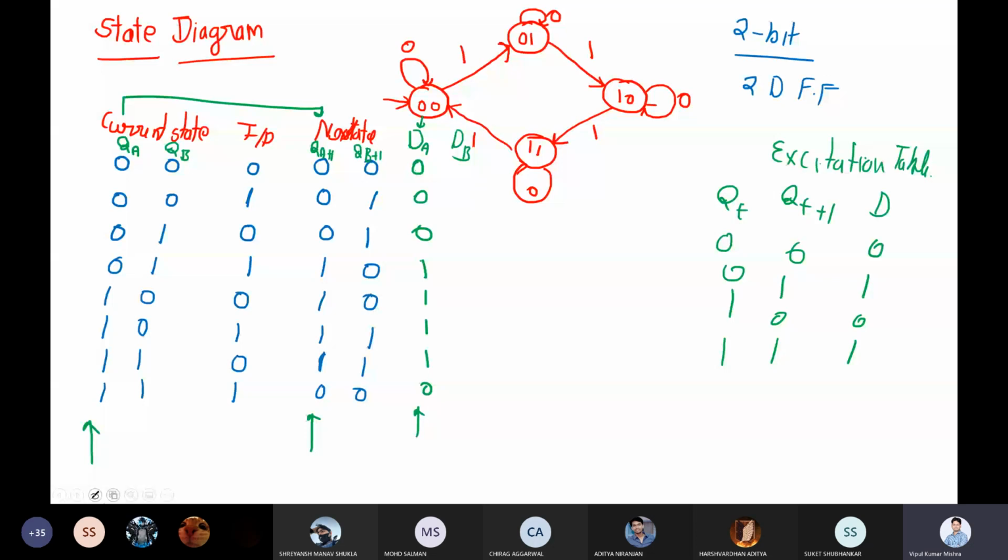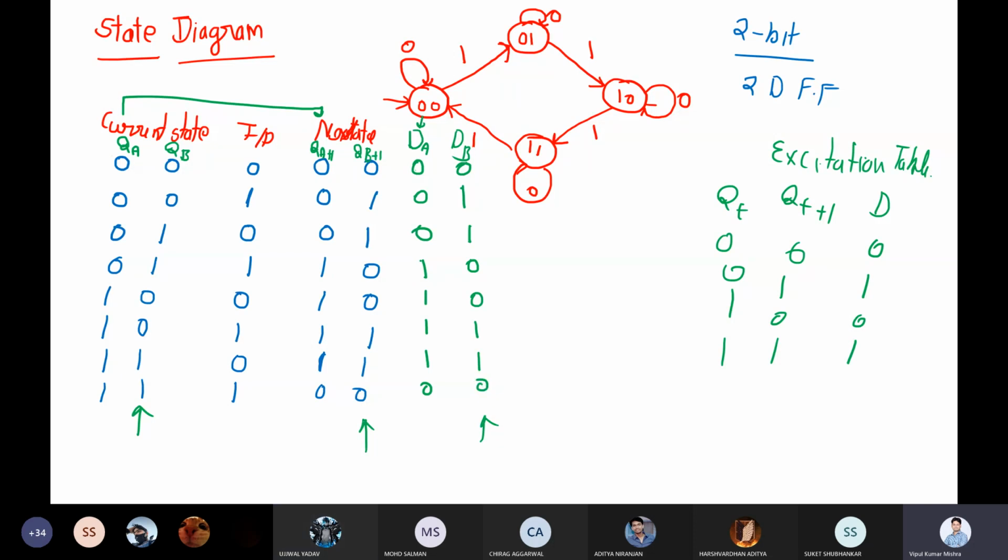Now you have to look into the B. Okay, just give me a minute. So now I will look into this column and this column to find out the second column. So 0, 0, it will be 0, 0, 1, 0. 0, 1, 0, 1, 1. 1, 0, 1, 1, 0, 0, 0, 1, 0, again 0, 1, 1, 1, 1, 1, 1, 1, 0, 0, 0. Right.